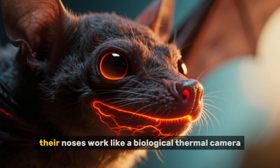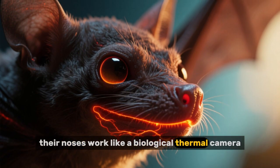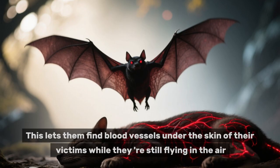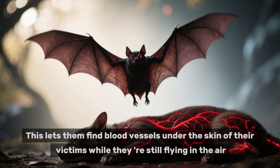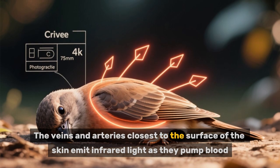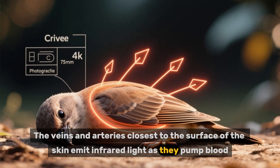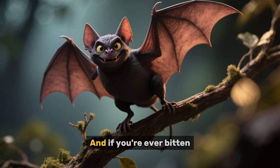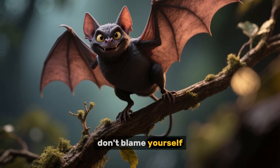Well, luckily for them, their noses work like a biological thermal camera, allowing them to sense infrared light. This lets them find blood vessels under the skin of their victims while they're still flying in the air. The veins and arteries closest to the surface of the skin emit infrared light as they pump blood. And when the vampire bat flies above its sleeping prey,